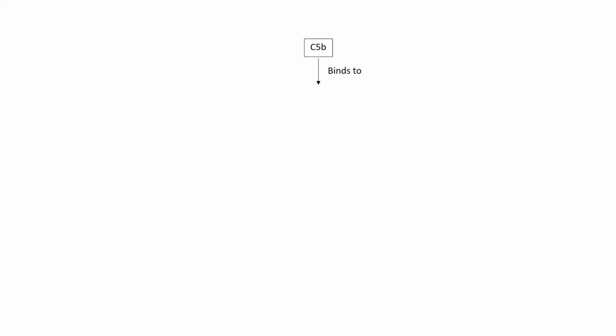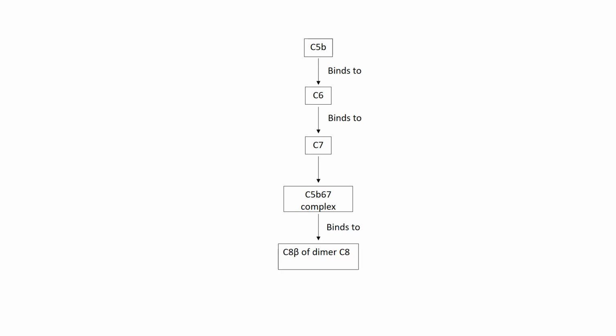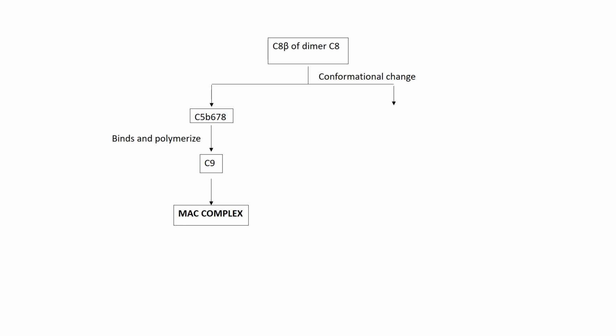The C5b then binds to C6, that further binds to C7, and then it forms the C5b6-7 complex. This then binds to the C8 beta part of the dimer C8. The C8 beta part then binds to C5b6-7 forming the C5b6-7-8 complex that binds and polymerizes with C9 to form the MAC complex, or it undergoes a conformational change forming C8 alpha-gamma